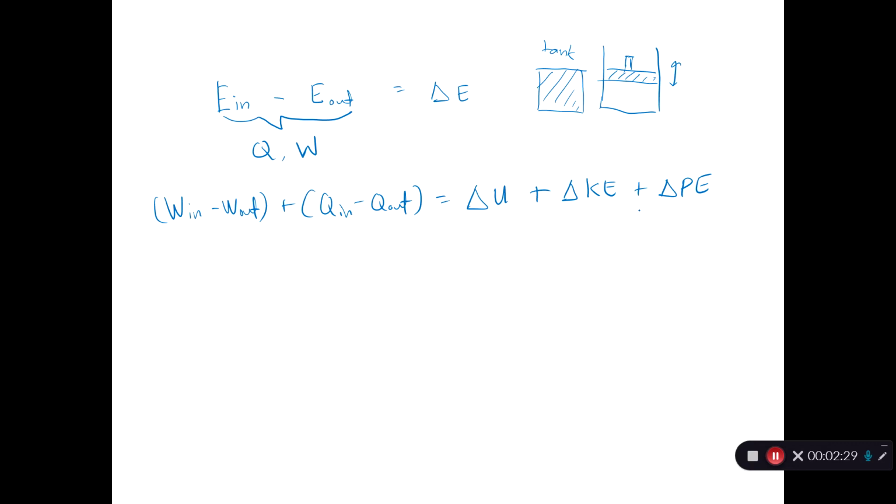So where does boundary work, which is the name of the chapter, fit into this whole equation? We have work here. You have seen spring work. You have seen shaft work. You have seen, what is this? Electrical work. Okay, so we are going to see another type of work, which is boundary